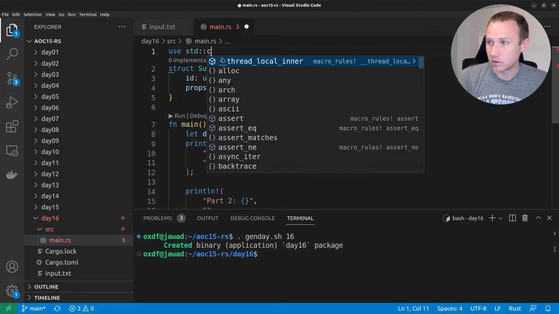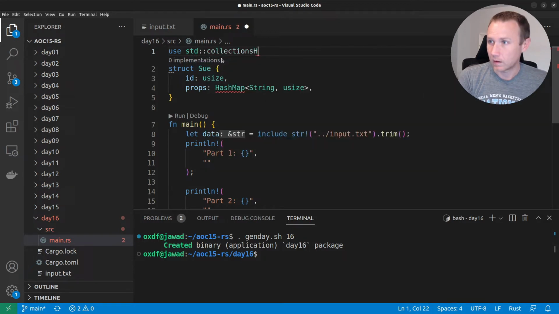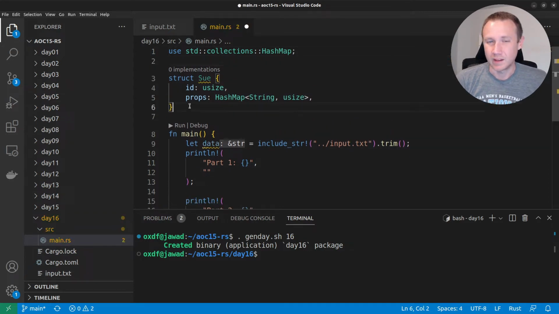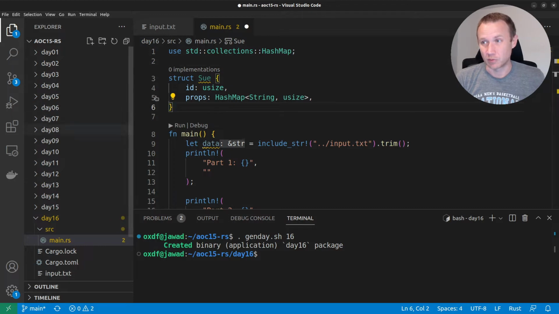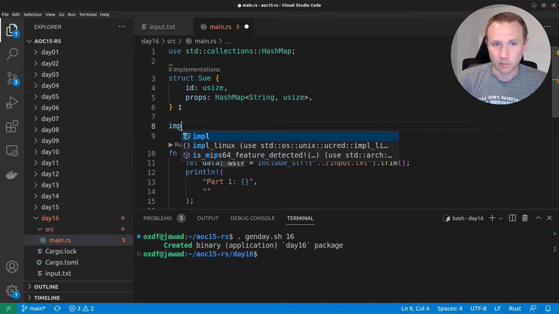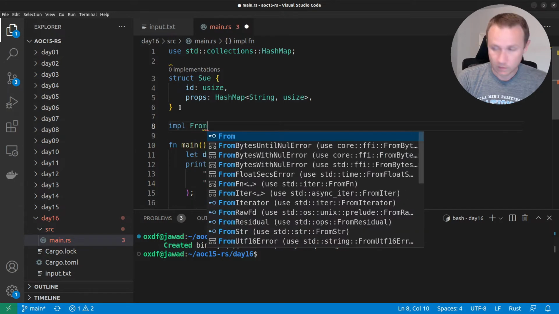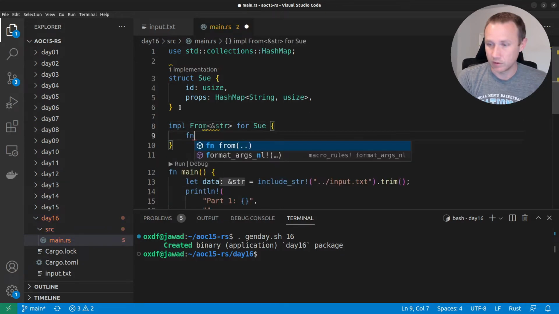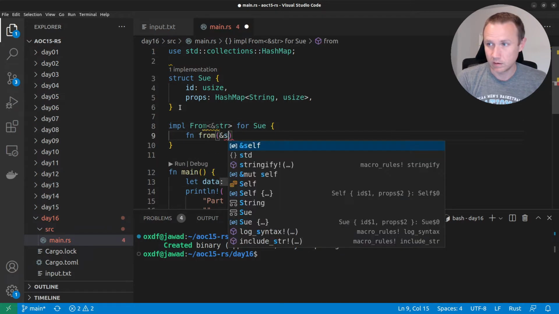We are going to need to use std collections HashMap. Okay, we're good there. So that's good. We have a Sue. Next thing we need to be able to do is read a Sue from a string. We could just have a way to parse a string into a Sue. So we'll do From<&str> for Sue, and that'll have the from function,